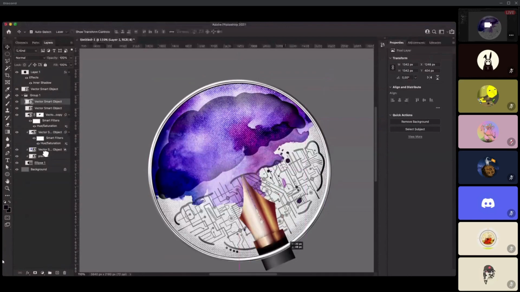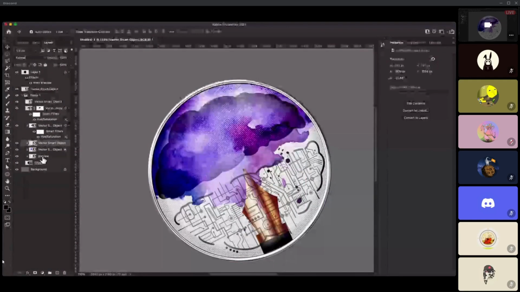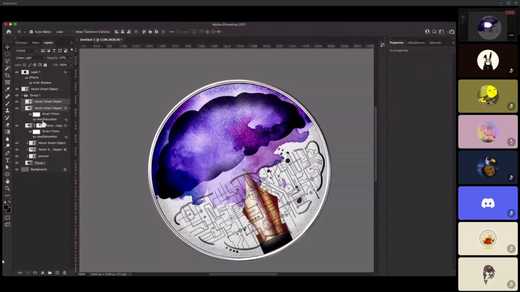So in that case, I'll just drop it here. This little arrow suggests that this is all a part of this mask here. But right now the order is not good, so I need to remove this from the group, and all of this should be below it. There we go.